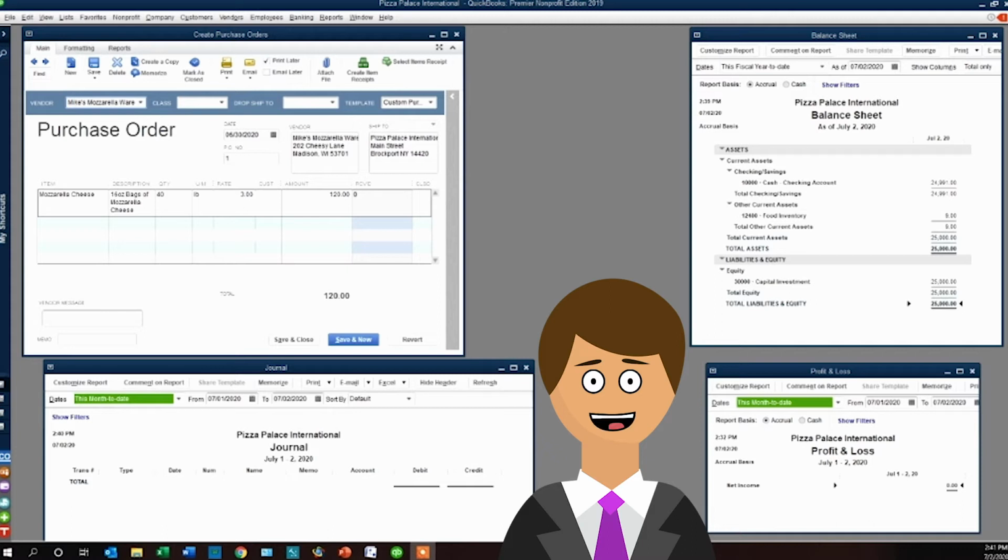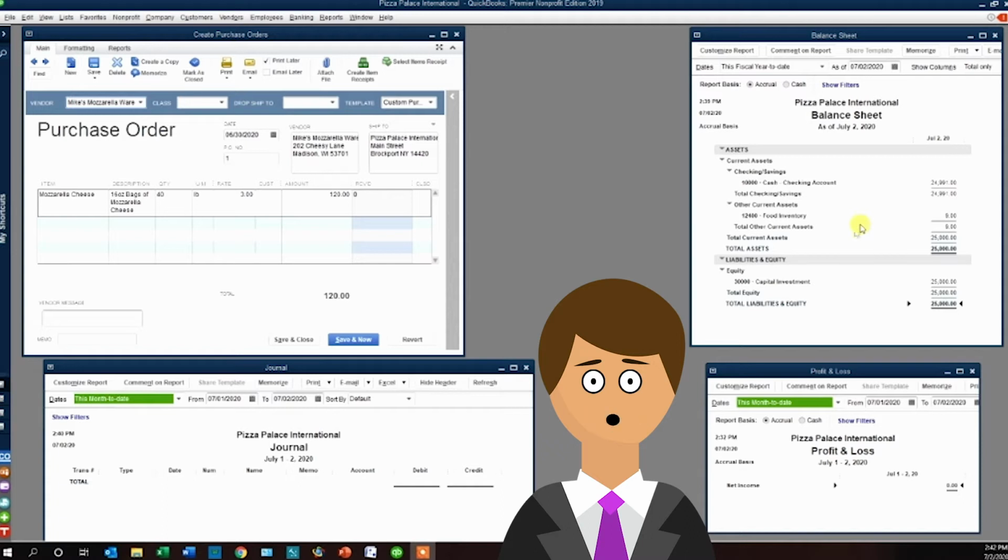So we're going to pretend we own a company called Pizza Palace International. We just started the company. As you'll see on our balance sheet, we put $25,000 of our money into it as an investment. We've got cash of $24,991 because we already spent $9 on some inventory,